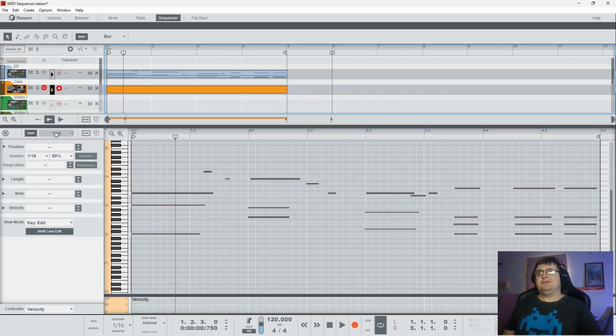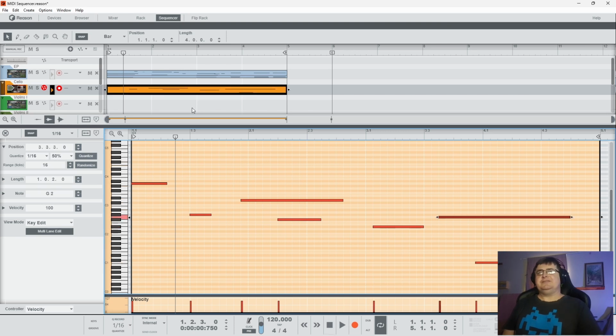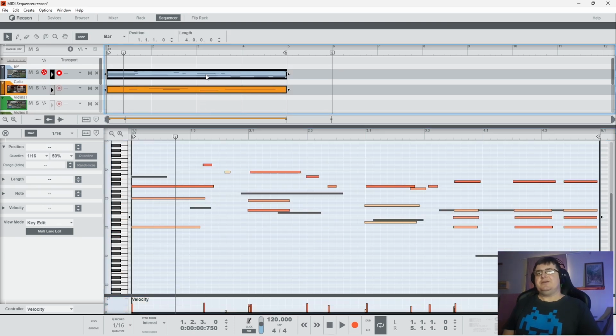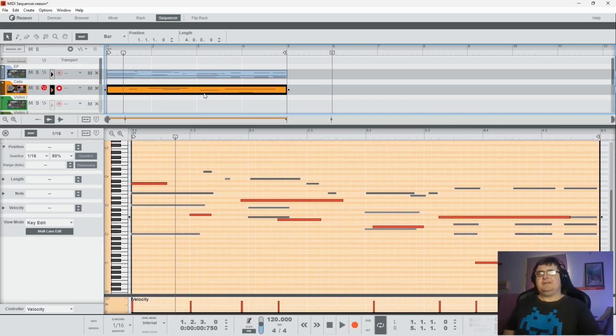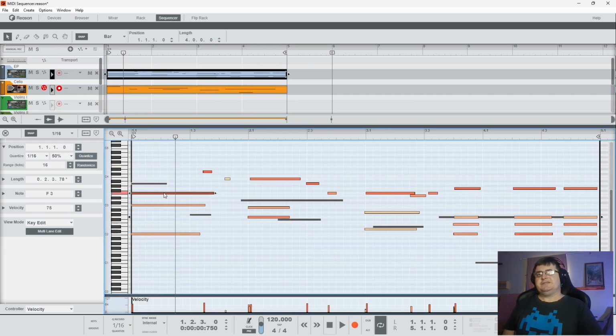Let's just pop out of that. Let's put some random notes in. Now, if I highlight both of those, you can see that I can see the info from the two different lines. The track that I have focused is front and center. I double clicked. And I can switch backwards and forwards with the clips,